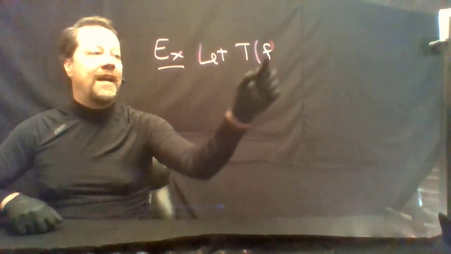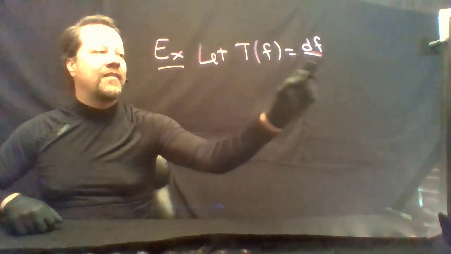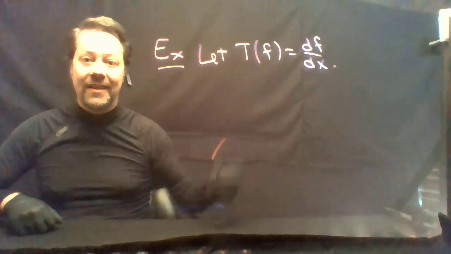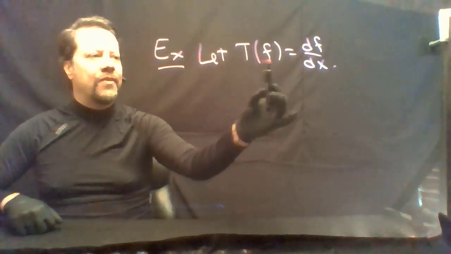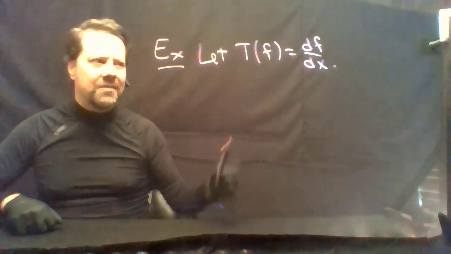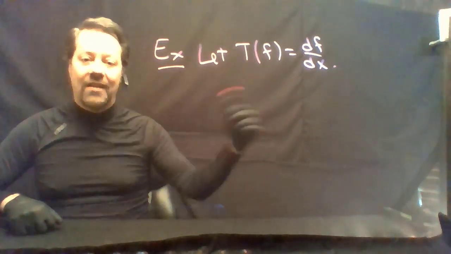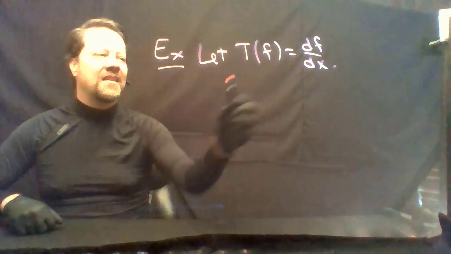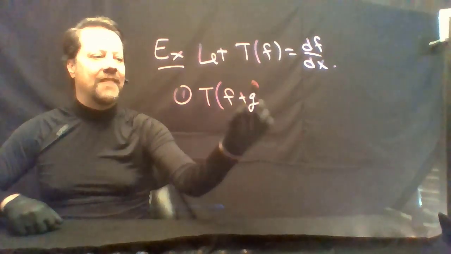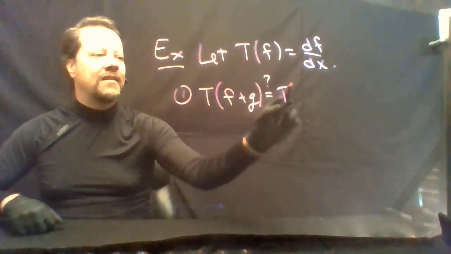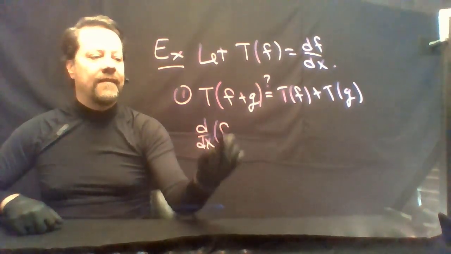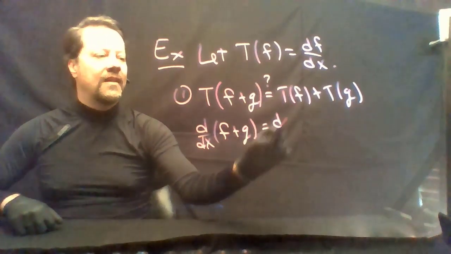Let T of f be the derivative. Now, what are the domain vector space and codomain vector spaces? Well, the domain vector space will be the vector space of all differentiable functions, and the codomain looks like maybe functions that are derivatives of differentiable functions. So consider this. 1. If you take T of f plus g, do you get T of f plus T of g? And the answer is, well, you know that the derivative of the sum is the sum